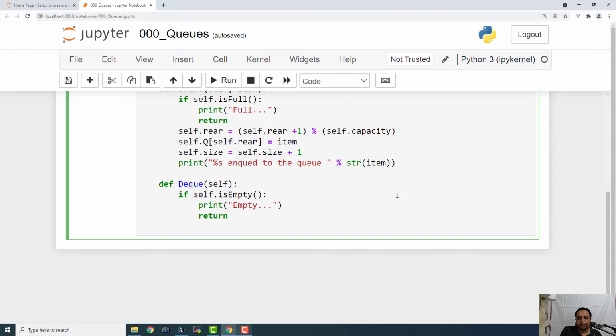Let us say print %s dequeued from queue and str of self.queue[self.front].